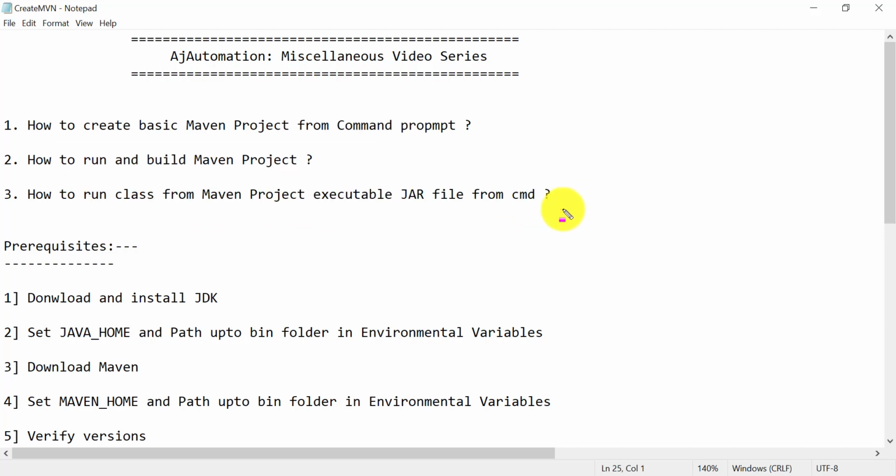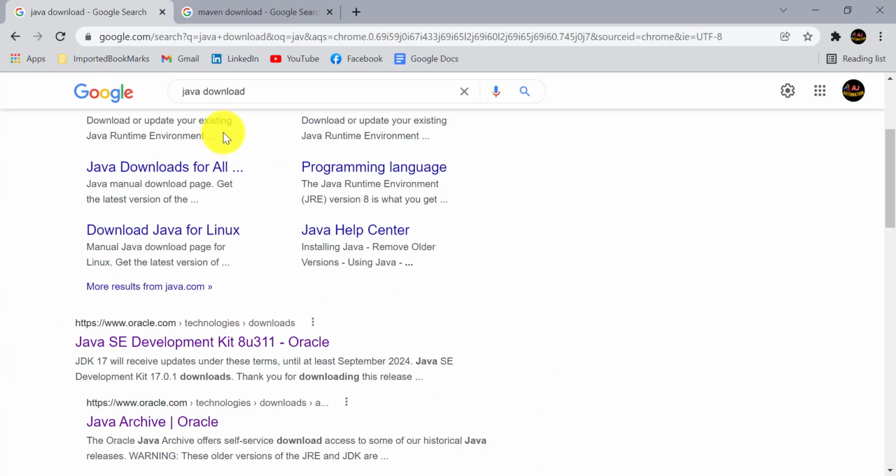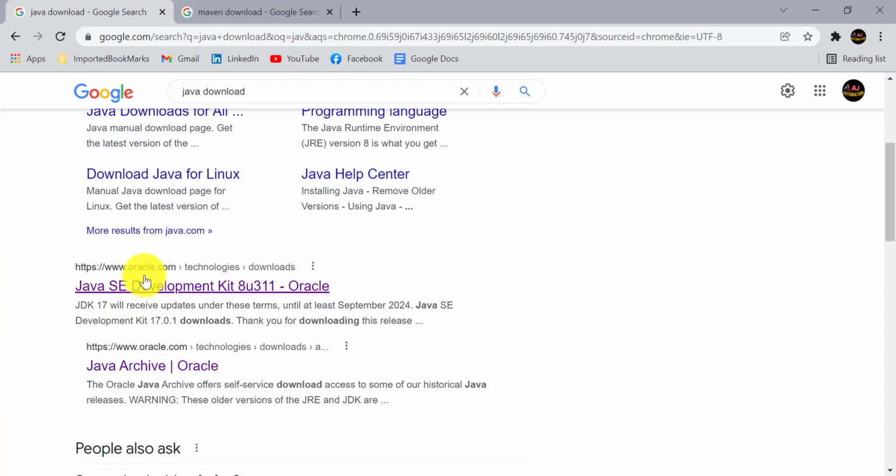Okay, so before we create the Maven project, let us first complete this prerequisite. On our system we require two important things. One is JDK and another one is Maven. So you need to download and install the JDK. For that purpose you can just type java download and go to the Oracle website,